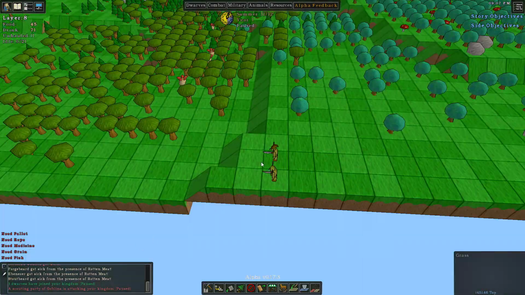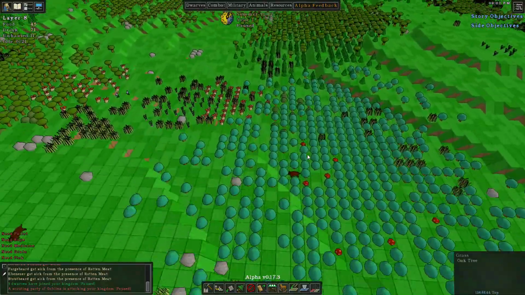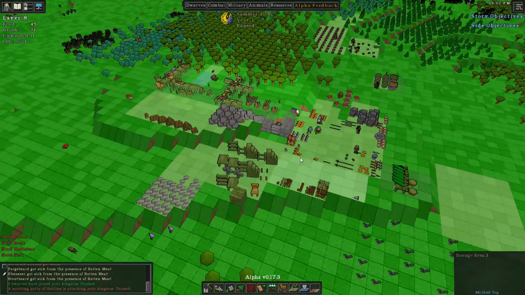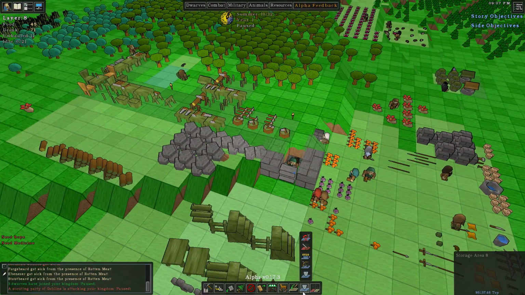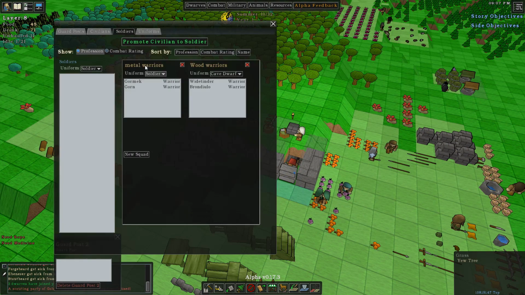Now it's warriors. Okay, 2 goblins. Okay, it's not big. So what we're gonna do is, because I forgot to do this earlier, we're gonna go set up a new guard position right here in front of this door, because all of our friendly dwarves are gonna go run down here, and we want them to go hide